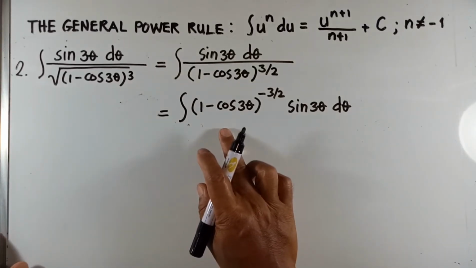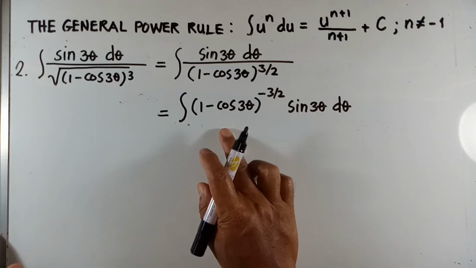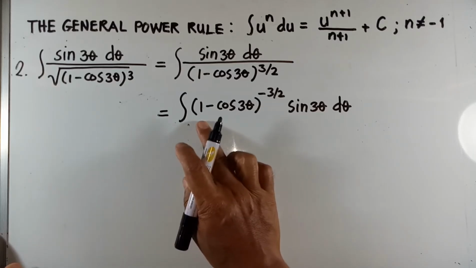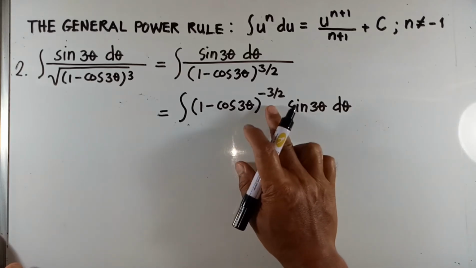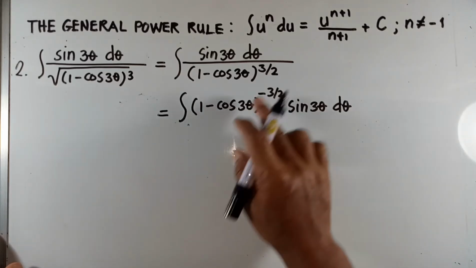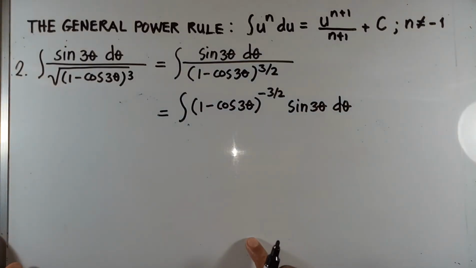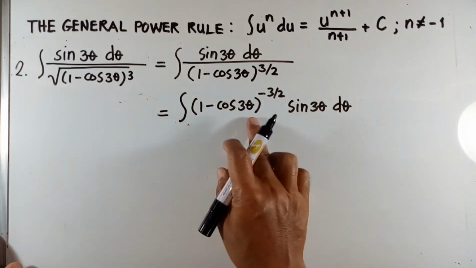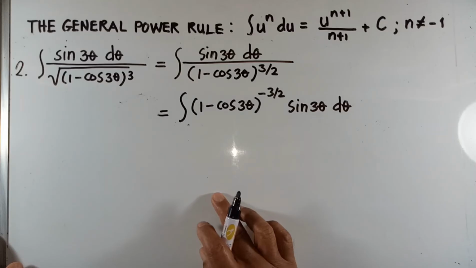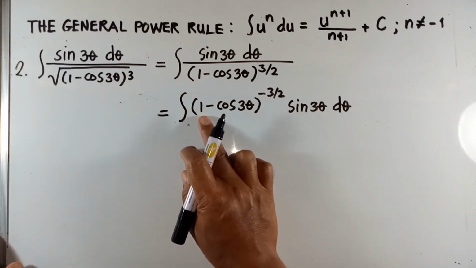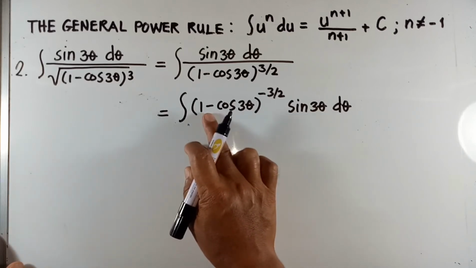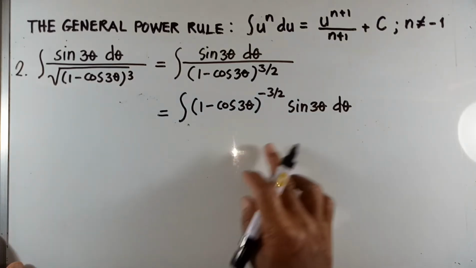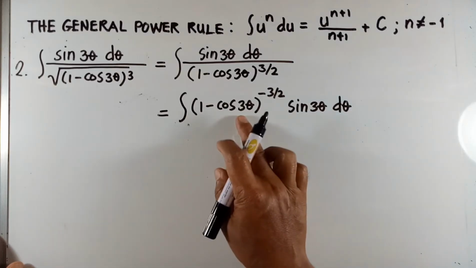Okay, next, let us have a shortcut solution to the problem. So we know now that 1 minus cosine of 3 theta raised to negative 3 over 2 is our u to the n. Now what is the derivative of 1 minus cosine of 3 theta? The derivative of 1 is 0. The derivative of cosine is negative sine. So negative times negative will become positive sine 3 theta times the derivative of 3 theta, which is